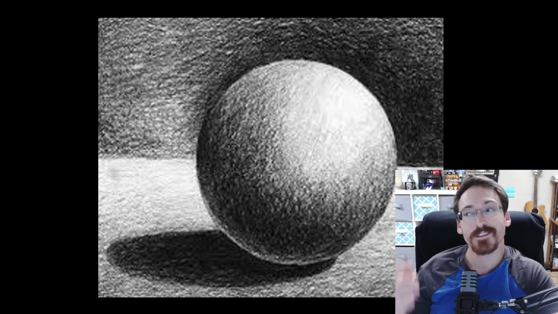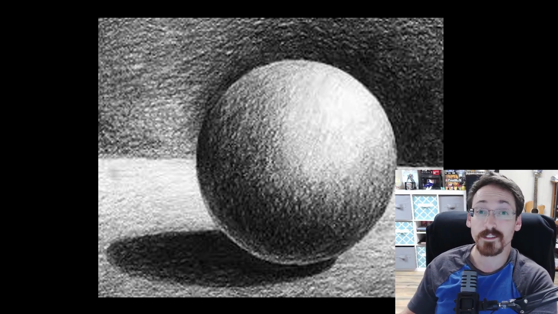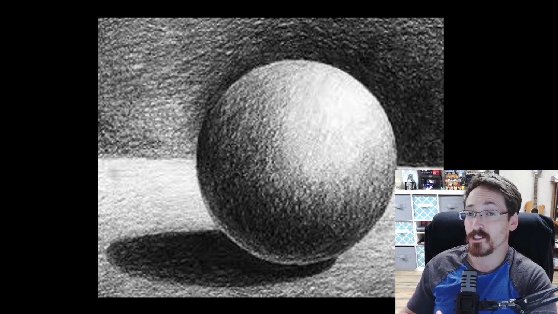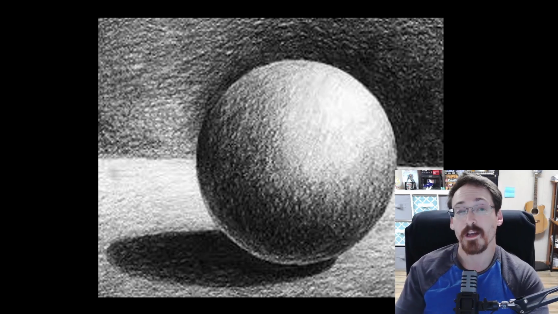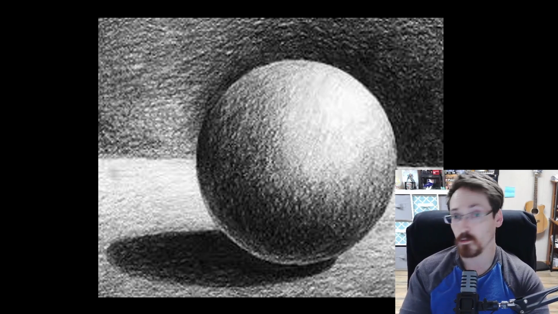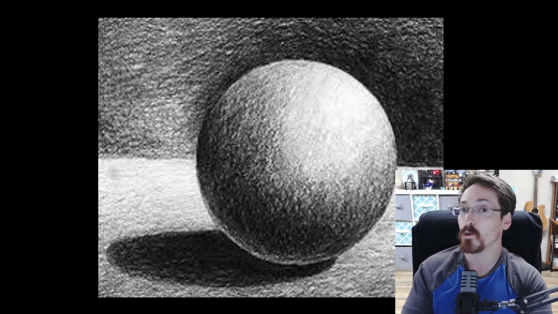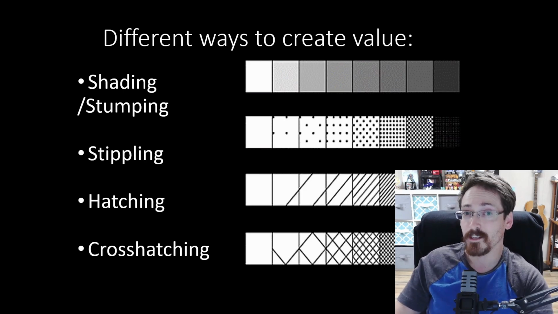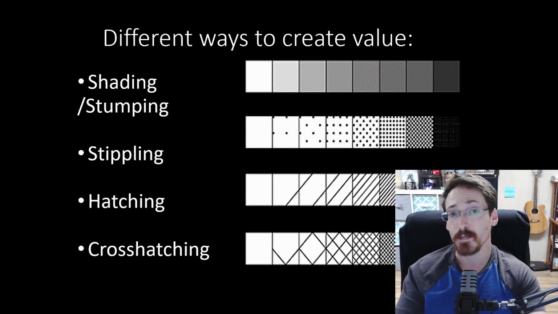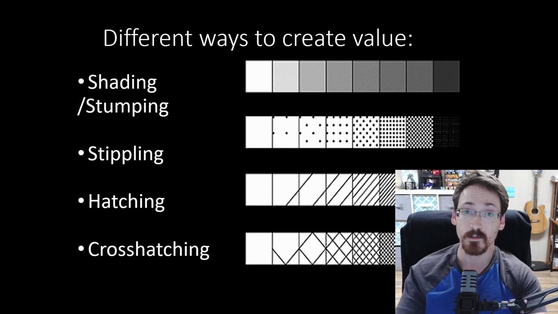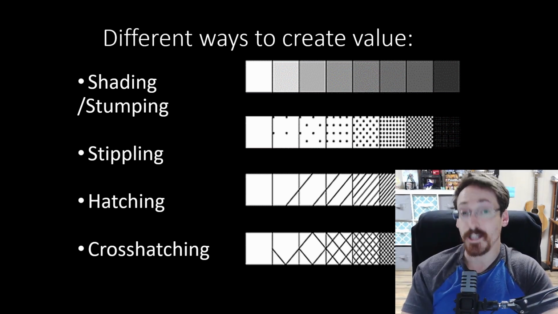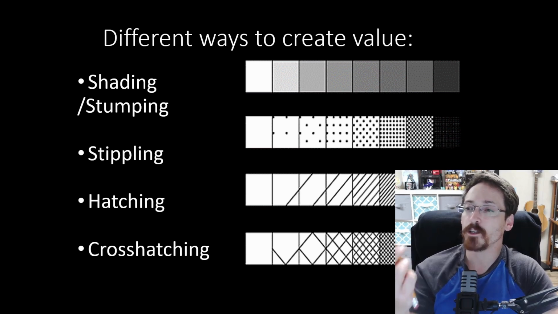So even though this is a two-dimensional surface, a piece of paper, the use of shading changes this into a form. And form is another element of art that we'll get into later. For now, we're going to be focusing on the shading aspect of it, and that is what value is. Now, there's actually 4 different types of shading that we are going to be getting into, or 4 different ways to make value. The first one is called shading, and shading is whenever you take your pencil and you hold